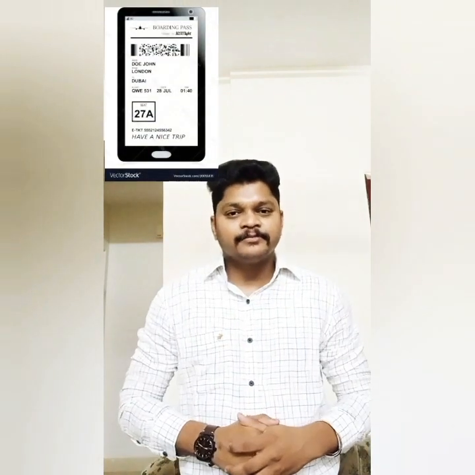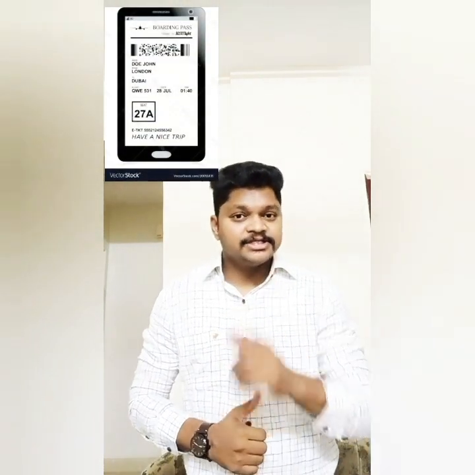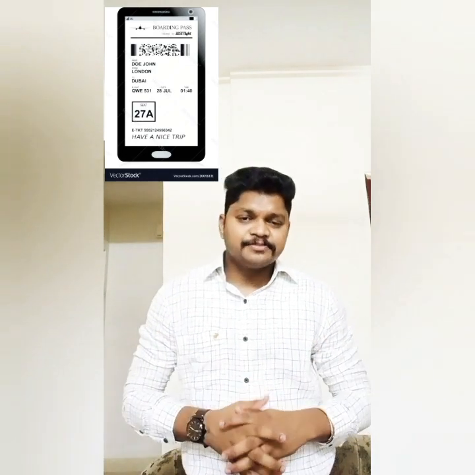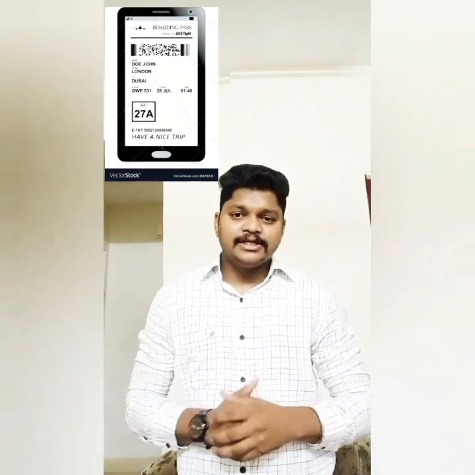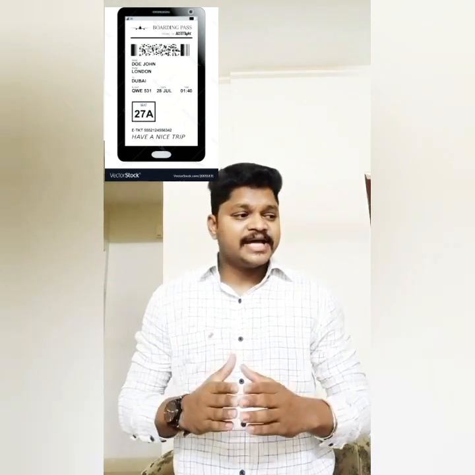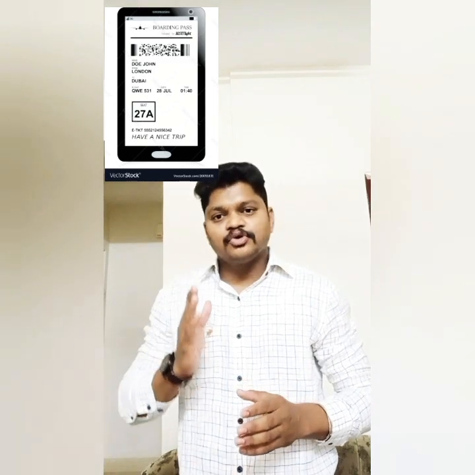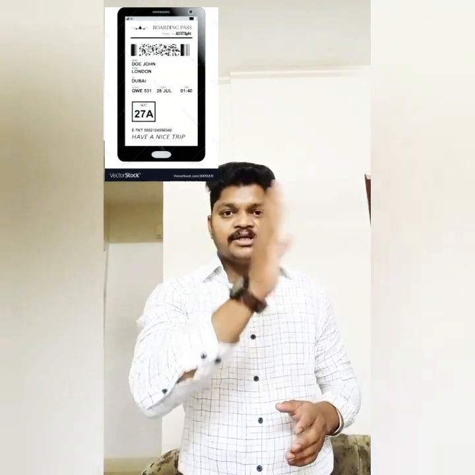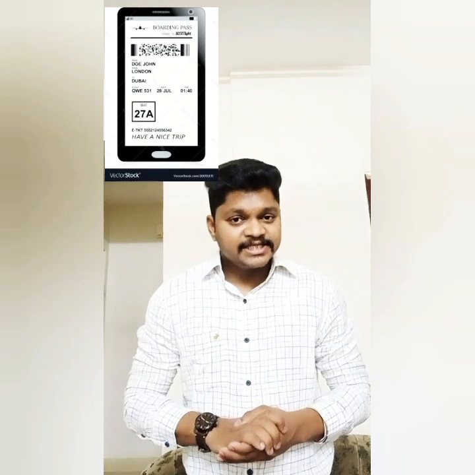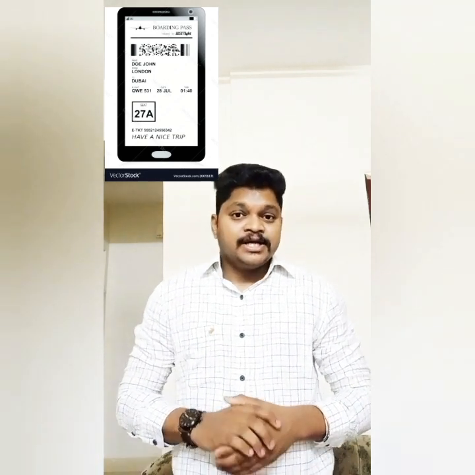Now once the seat assignment is done, the next pop-up screen will be your boarding pass. Instantly, just take a screenshot or save it as a PDF. Why am I stressing on it? There is a reason behind it. Now a passenger can ask me, I have got the link, I've got the status as checked in on the screen. With this screen I can just go with the flow right from check-in until the boarding gate. Yes, I can agree, but there is a kind of